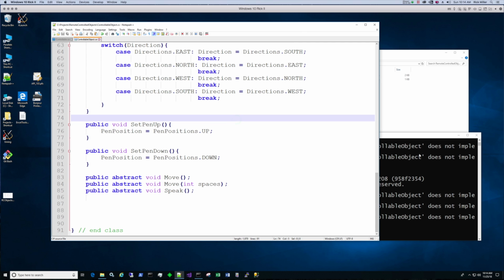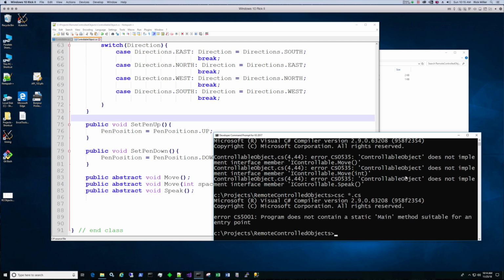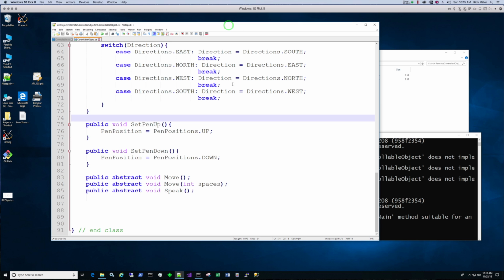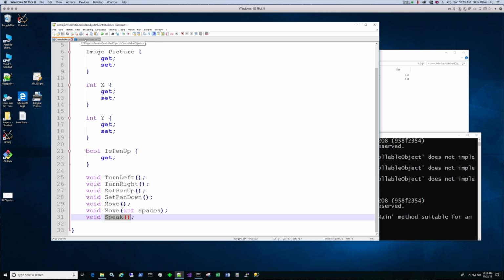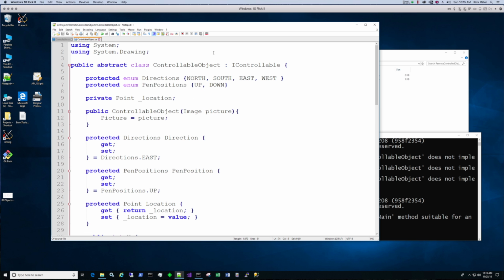So now let's compile. Now we get this error. It says program does not contain a static main method suitable for an entry point. That's fine, right? We don't have a main method, so that means that it believes that everything is cool from the iControllable. We have our move, and speak, and we could declare it abstract. Because we have one or more abstract methods, we have to make the class abstract. So now I'll create the